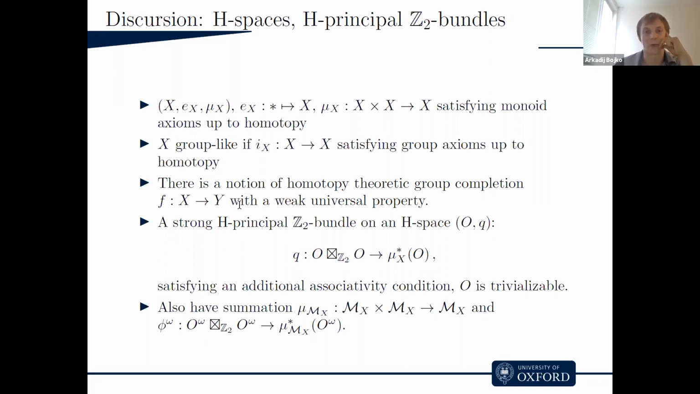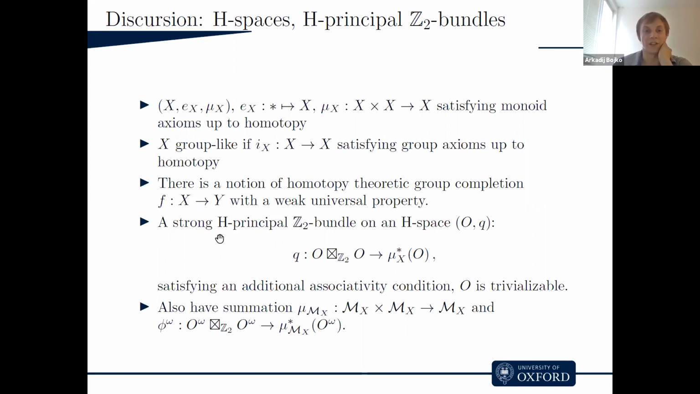if you have a map into another group-like H-space, then there is a unique way that... So if you have a map G from X into some Z, then there is a map from Y into Z, such that the composition of these two is equal to the map G. And on these H-spaces, one can